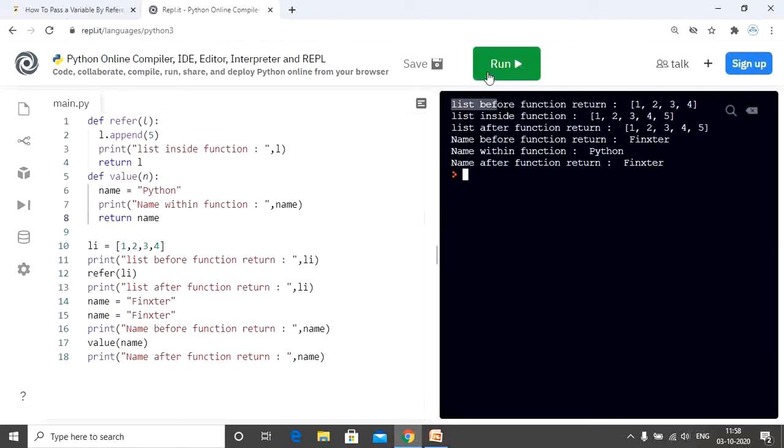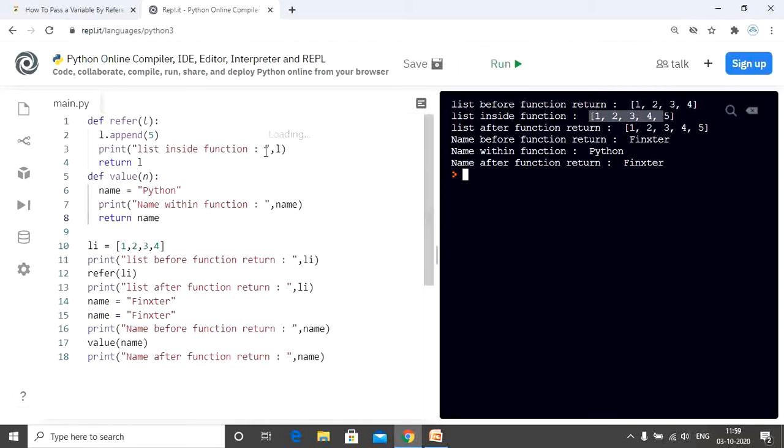And there we go. So as expected, the list holds the values 1, 2, 3 and 4 before being passed into the function refer. Then once the function receives the list, it appends the value 5 to the list. So now the list holds the values 1, 2, 3, 4 and 5.